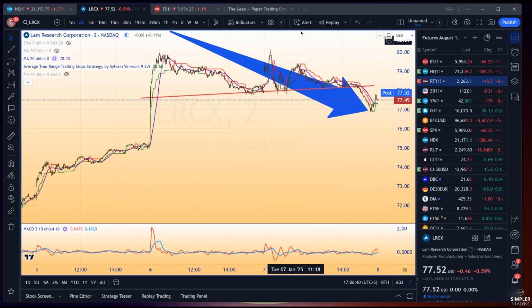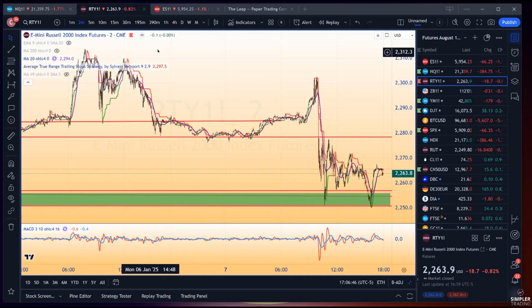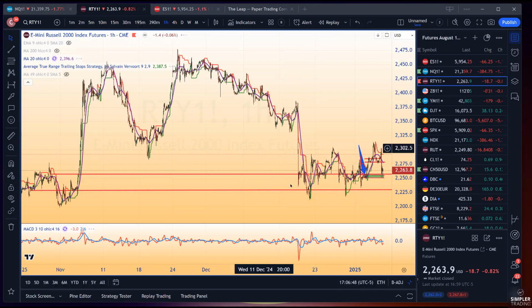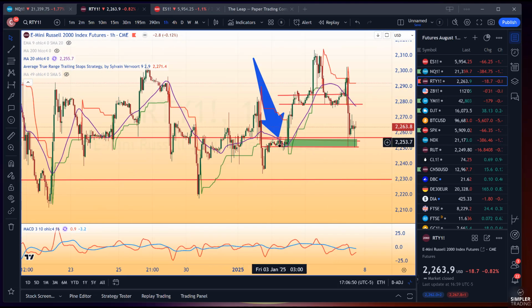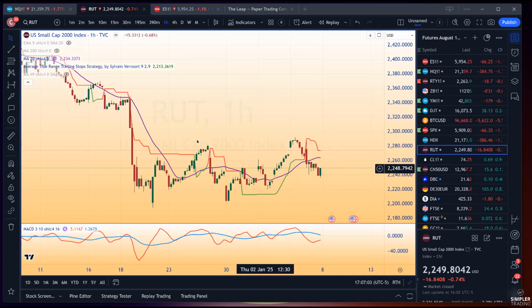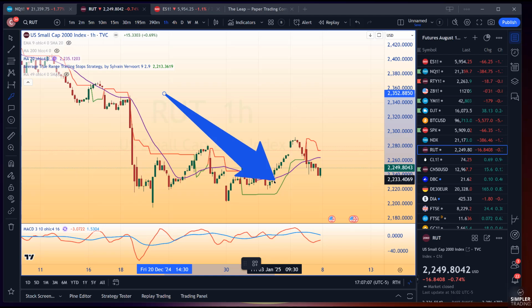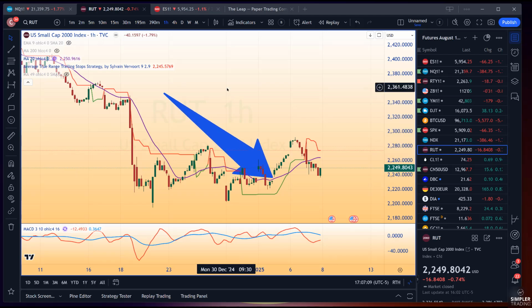So the key in here tomorrow now is going to be these Russell thingies again. The Russell went to that support that when I was on live, I showed it. That support, this is January 3rd. The NASDAQ went near support but hasn't filled it yet. So the next thing is to go to the non-24 hour. The Russell, has it filled the January 3rd gap? Well, it sure has, right there.